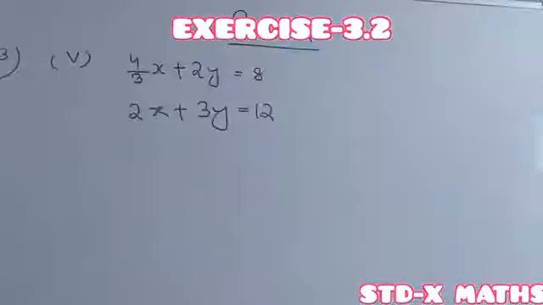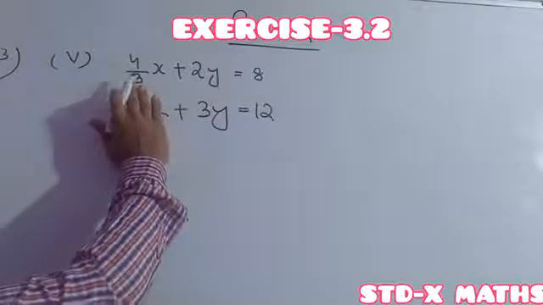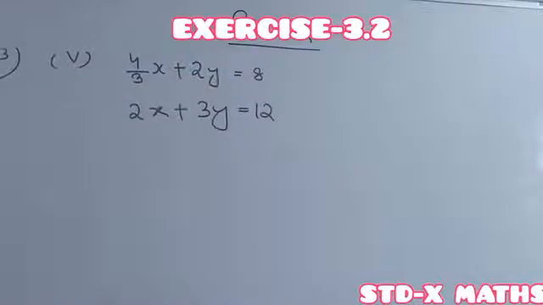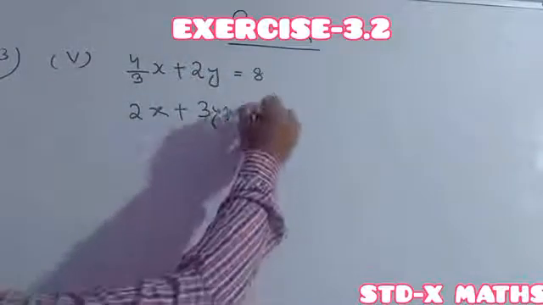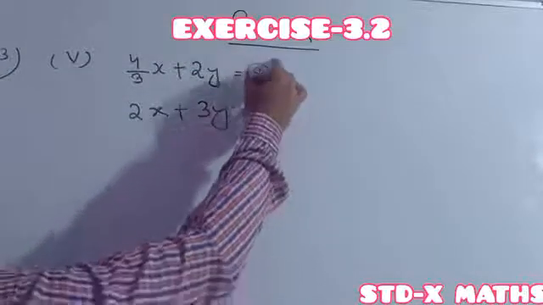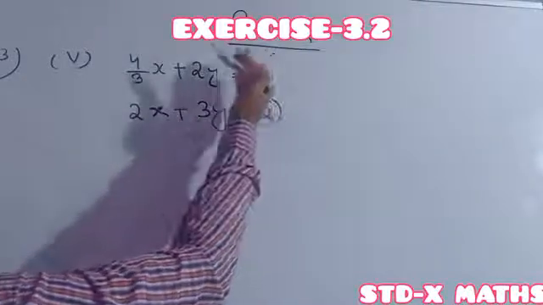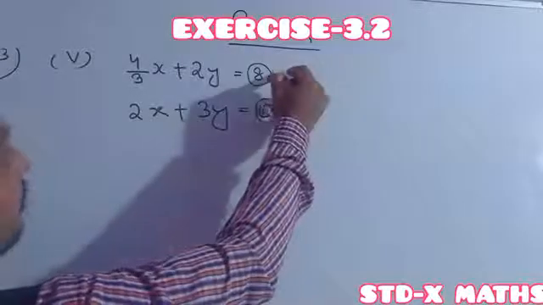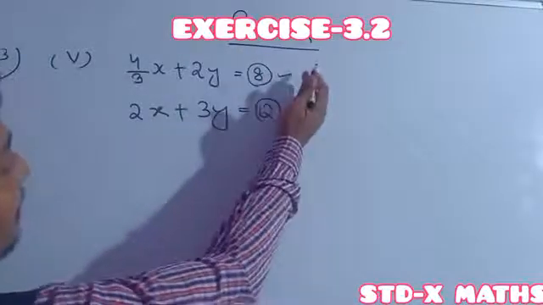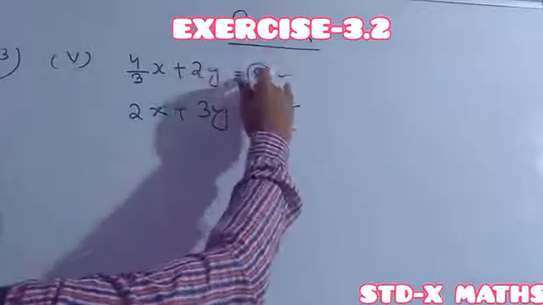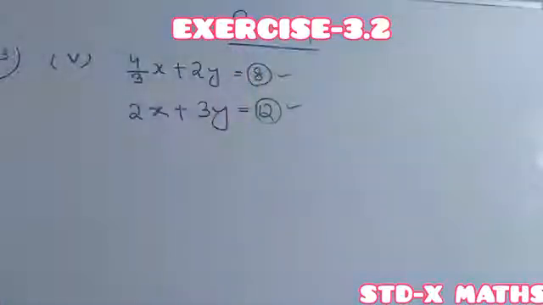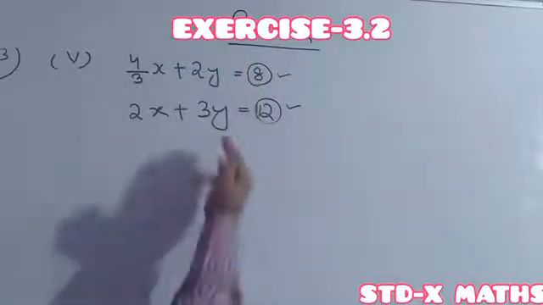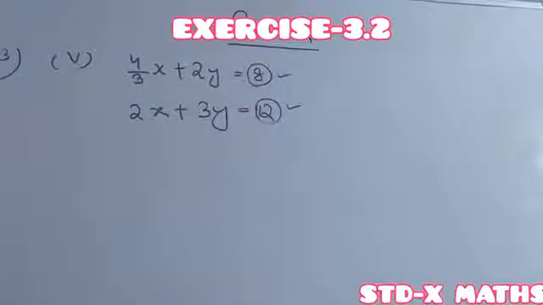In this question, it is given in the format of A1x plus B1y, but it is not the C1 here. So whenever in both the cases C1 is on the right side, you may change it to the left side and find the ratio. Even without changing the constant term to the left side, you can take the ratio, and this ratio is the same as this ratio. On keeping them on the right side, their ratio will also be the same.